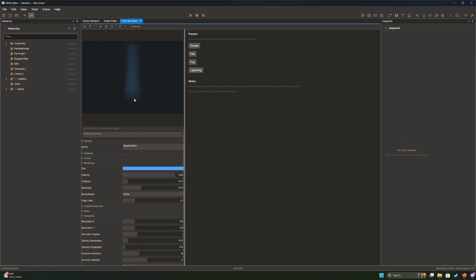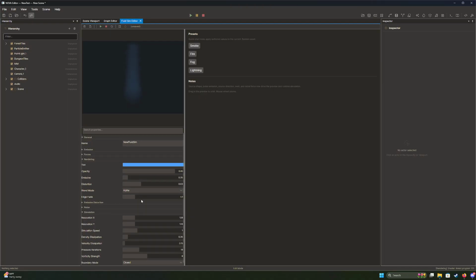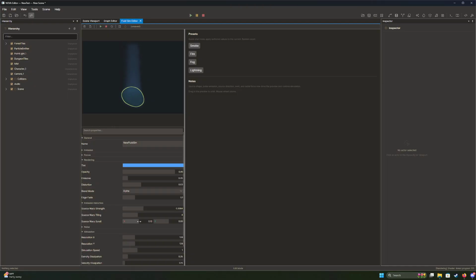So there are some dynamic properties here. Well, I say dynamic. There's really just like one dynamic property, which allows you to adjust the size of the fluid sim. So right here, I'm going to turn on this debug gizmo, and it shows you the shape of the fluid sim. And then you can distort your emitter a little bit. So we'll do something like this, and then you can scroll your emitter to start having it change shape